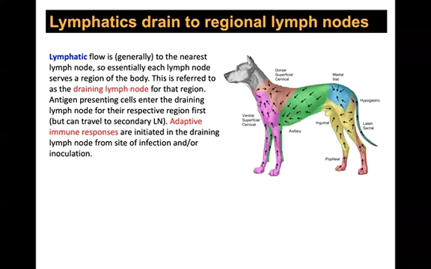So we go back to the infection in the big toe example. The draining lymph node is the popliteal lymph node. That popliteal lymph node is connected to your inguinal lymph nodes, which is right at your hip. And then that's connected subsequently to other lymph nodes and eventually goes to the heart. So there are a series of these lymph nodes set up all around your body to collect from certain areas